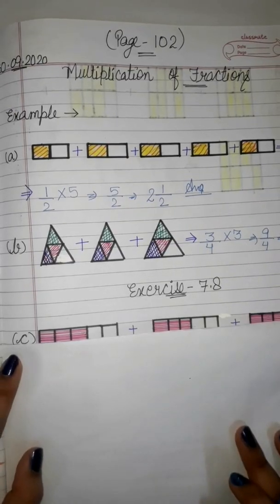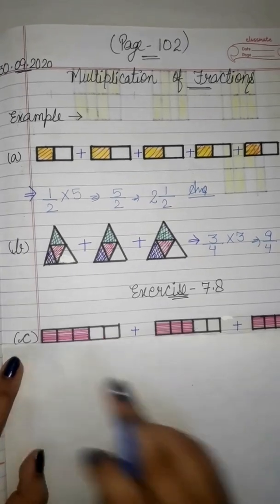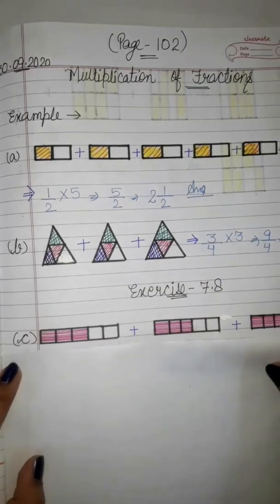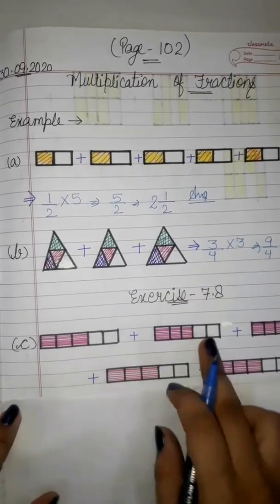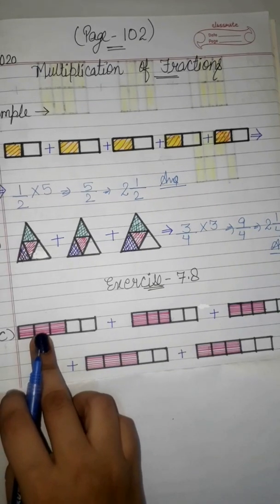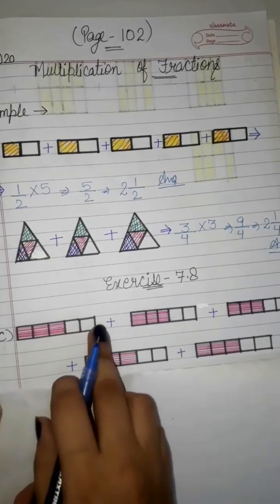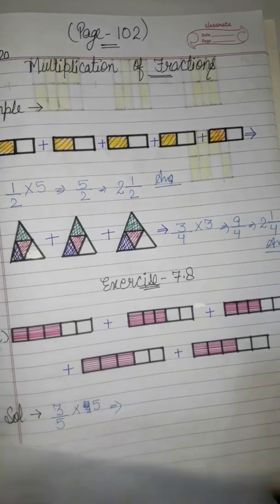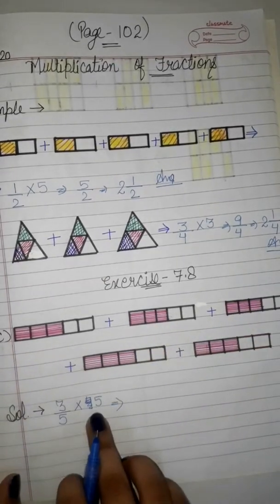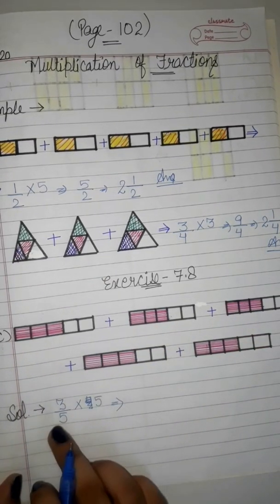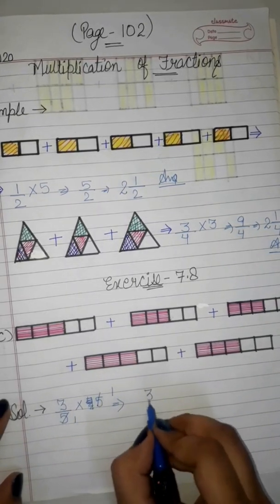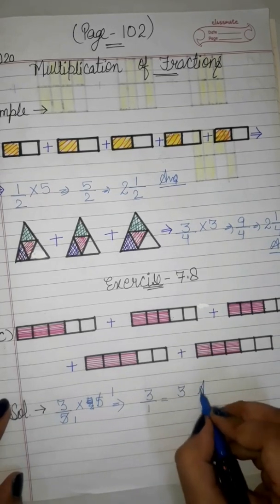Let's see one book exercise part, that is C. The remaining A, B and D you will be doing in your notebook in this way. Now children, see, this is the figure. You have to add these figures. So write the fraction for the shaded part. You will get 3 by 5. Write 3 by 5, and then how many times is it getting added? 1, 2, 3, 4 and 5. So multiply with 5. Now you can see this 5 and 5, we can divide them. 5 ones are 5 and 5 ones are 5. So what is the answer? 3 ones are 3 by 1. That is, 3 is the answer.